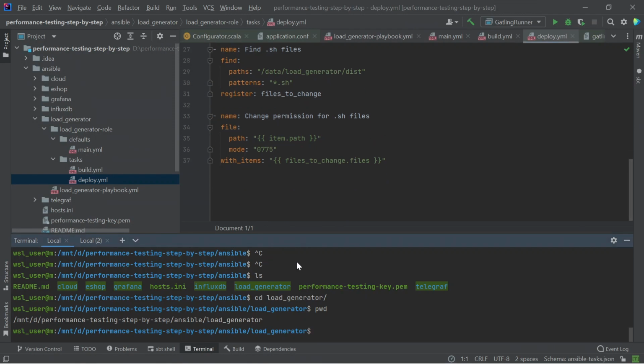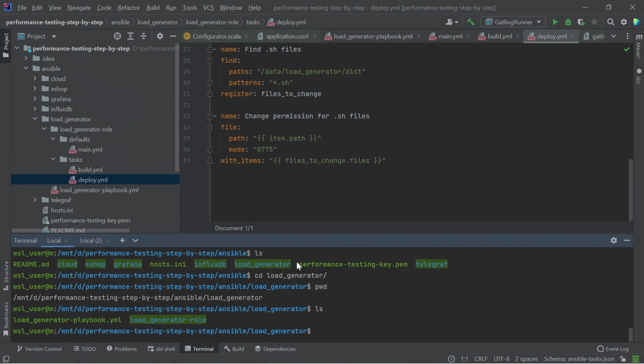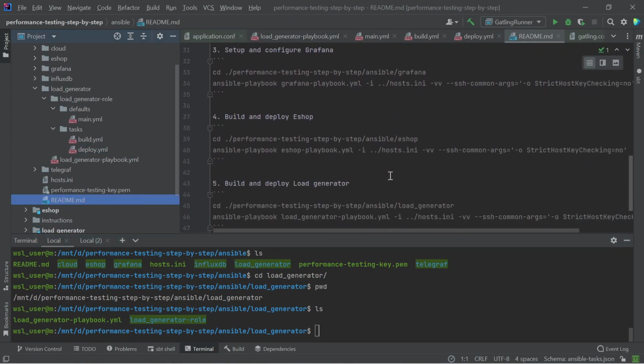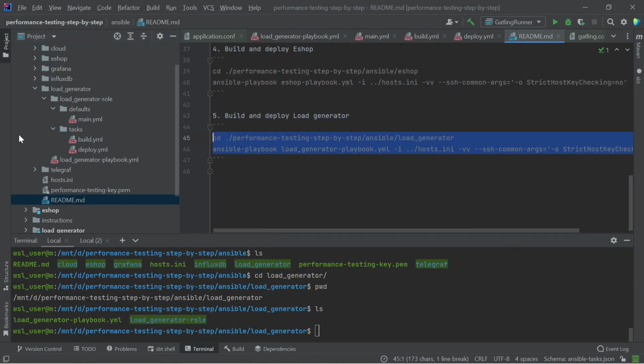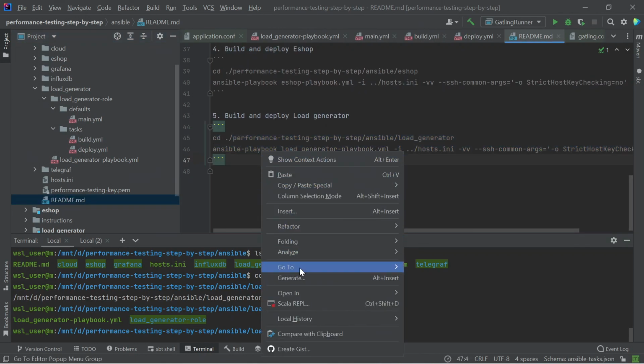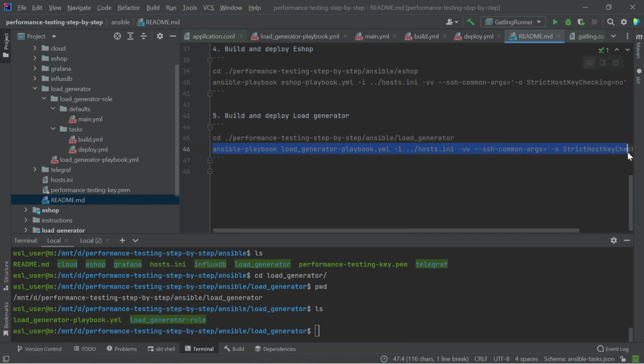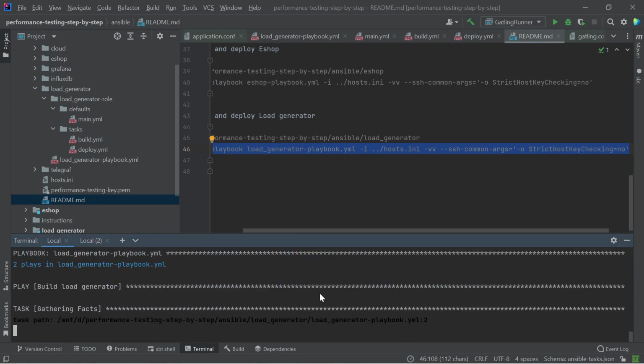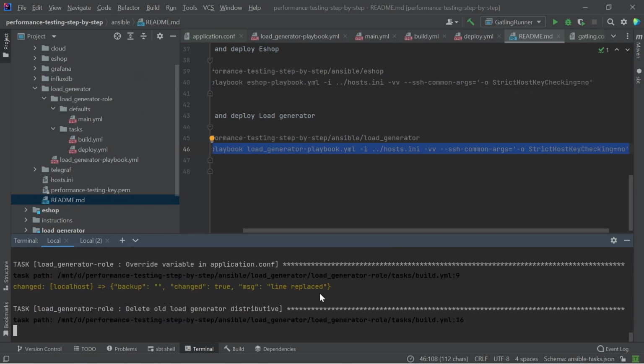And now let's launch our playbook. That's it, the playbook is running, it remains to wait for its execution.